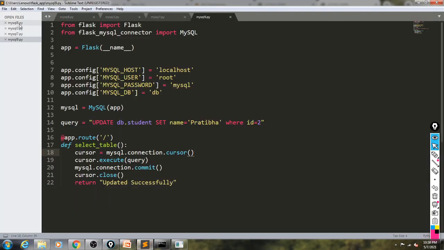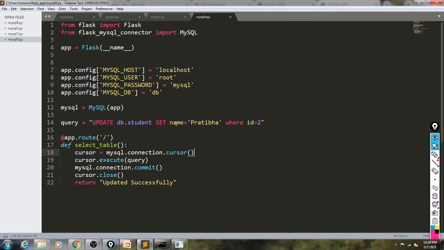So here we have seen how we can delete the entire table. Then we saw how we can delete a single record or a group of records by using the where clause, relational operators and logical operators. And here we have seen how we can update the data. Here also we can change a group of data.